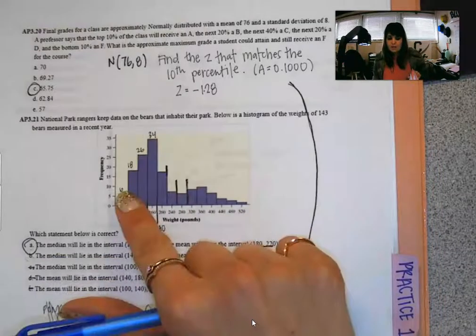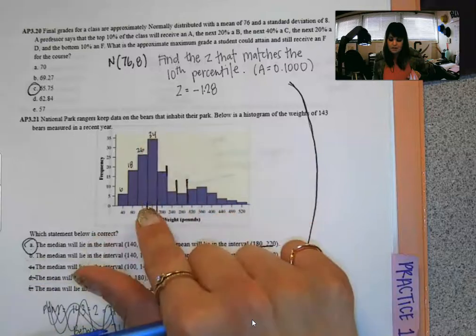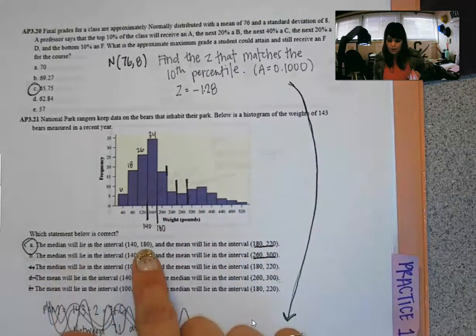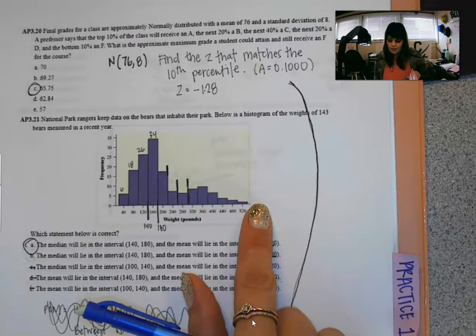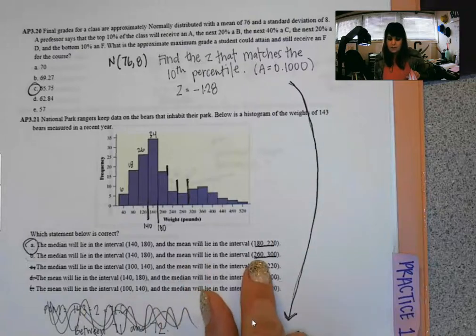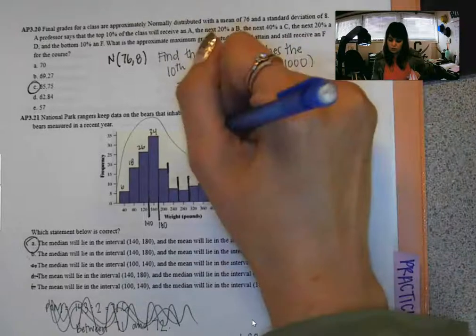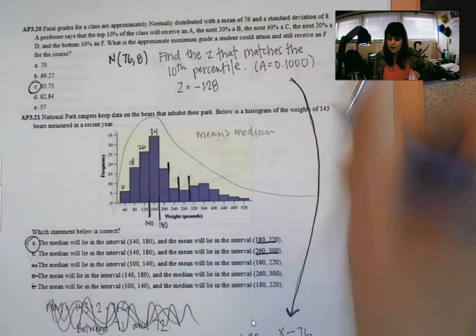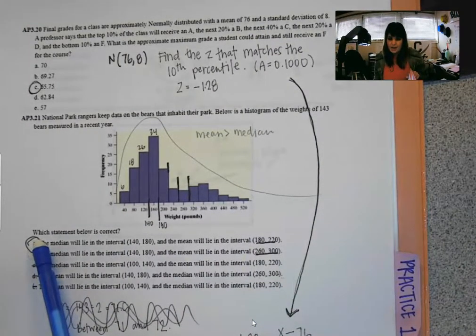So I estimated the frequency in each bin and found the bin that the 72nd observation is in. That is 140 to 180. And then I was noticing that this distribution is right skewed, so I chose the mean that was bigger, because we know that if a distribution is right skewed, your mean is going to be bigger than your median. And I didn't know how to decide between the two, so I chose the one that was bigger when really it was A. And then I started thinking about it, and your